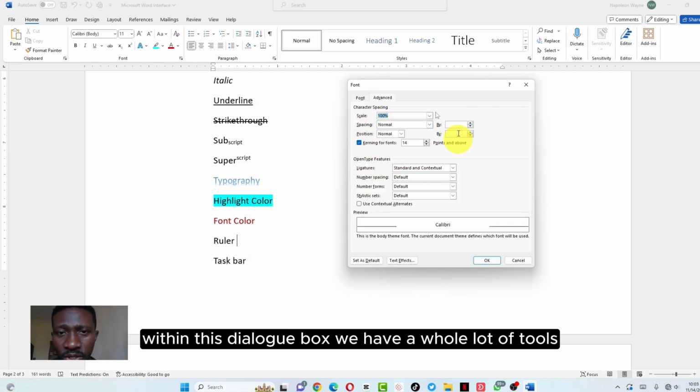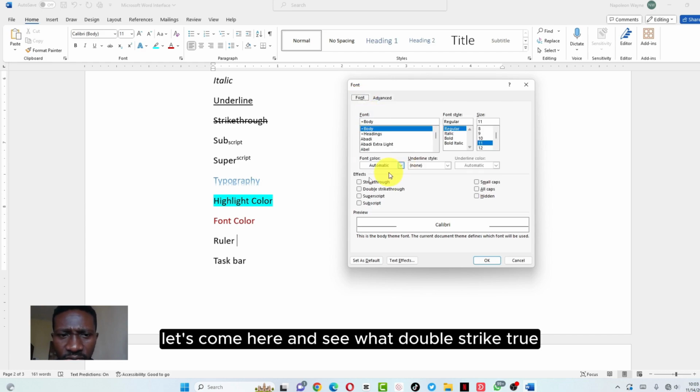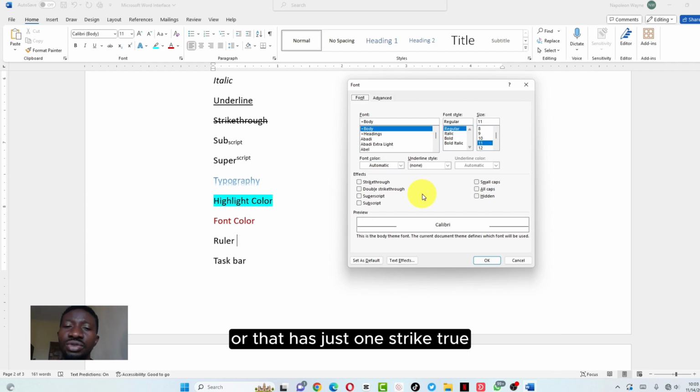Within this dialog box, we have a whole lot of tools to talk about. An example of such a tool is double strike through. Let's see what double strike through may look like. In terms of doing the naira sign or any other sign that has double strike through on it, or just one strike through, you can see that within this dialog box alone,